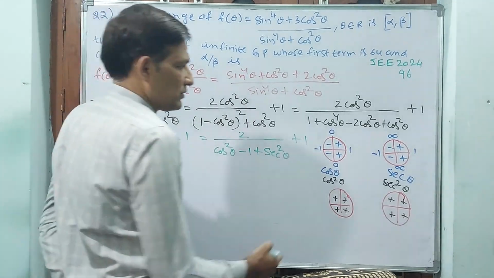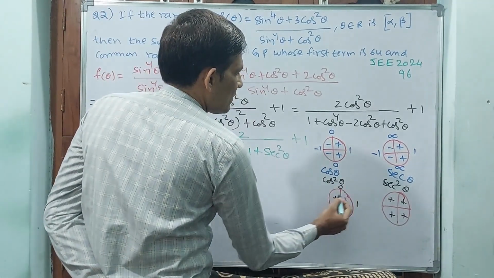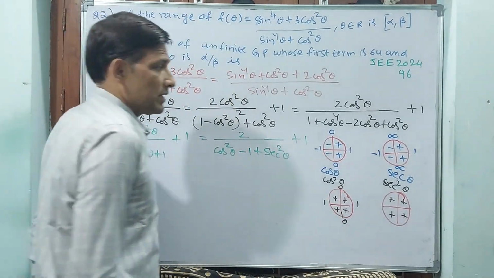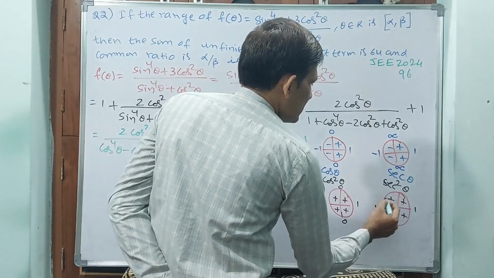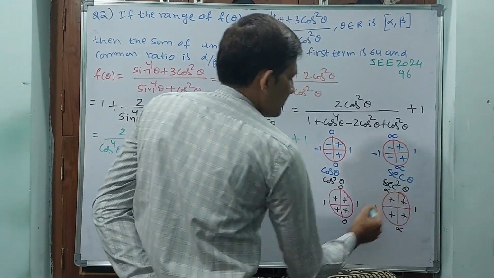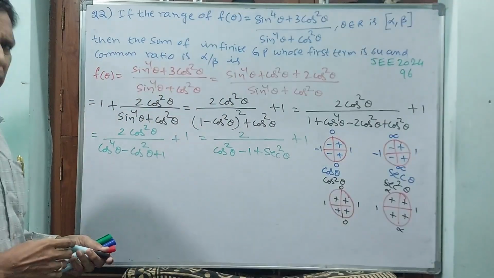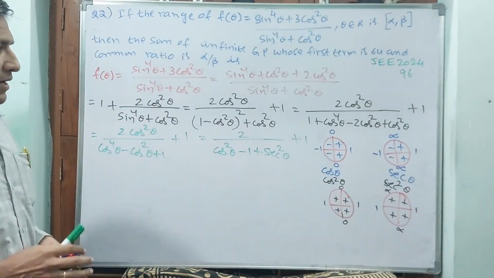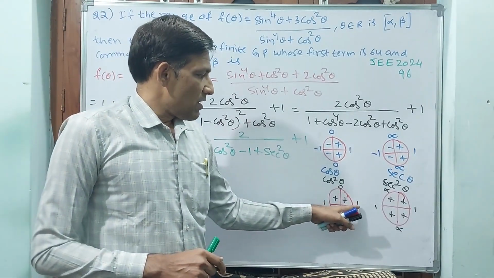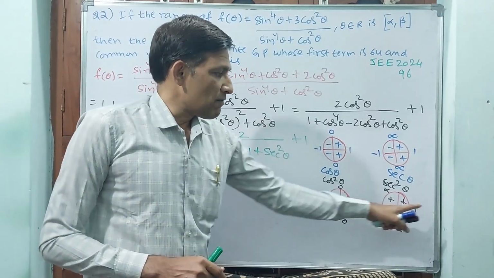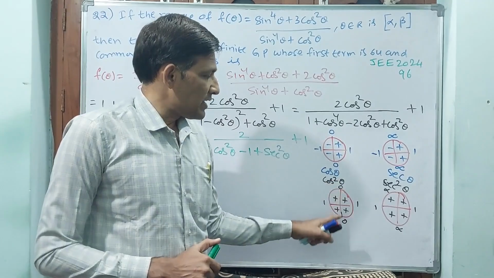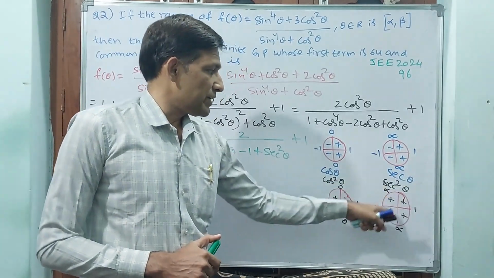Now go for values. See, 1, 0, 1, 0. Here also 1, 1, infinity, infinity. Infinity square is infinity only. Why? Because infinity itself is a bigger number. Now you understand why? At 0 or 180 degree, both are 1, 1. But at 90 and 270 degree, cos square theta is 0, but secant square theta is infinity.